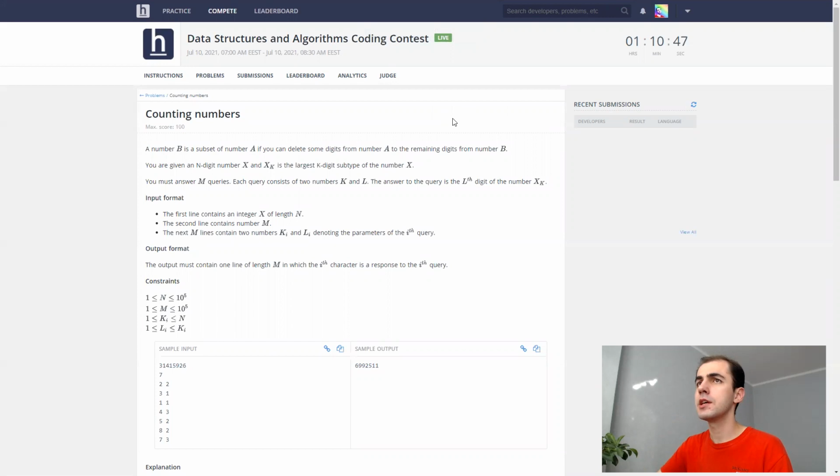So number B is a subset of number A if you can delete some digits from number A so that the remaining digits form number B, right? You are given an n-digit number x, and xk is the largest k-digit subset.